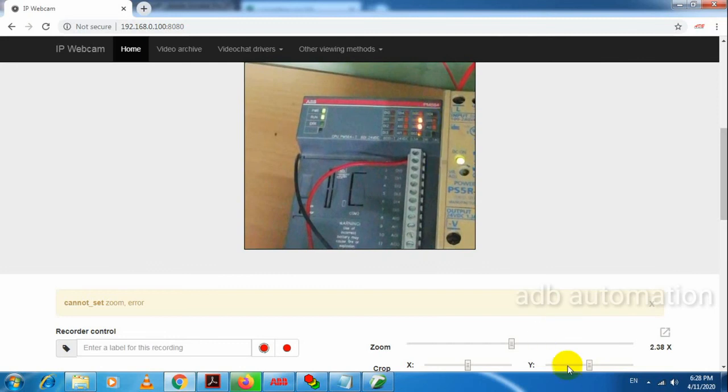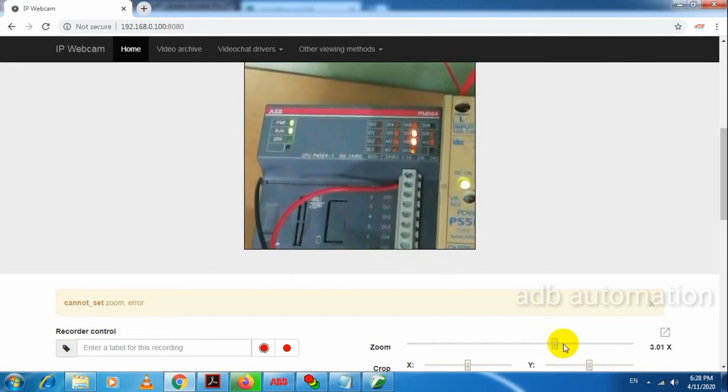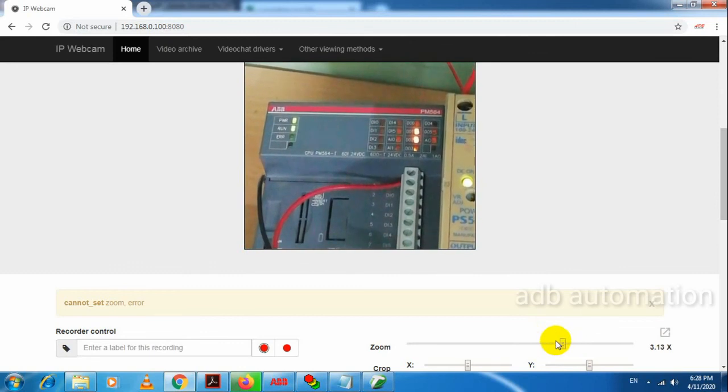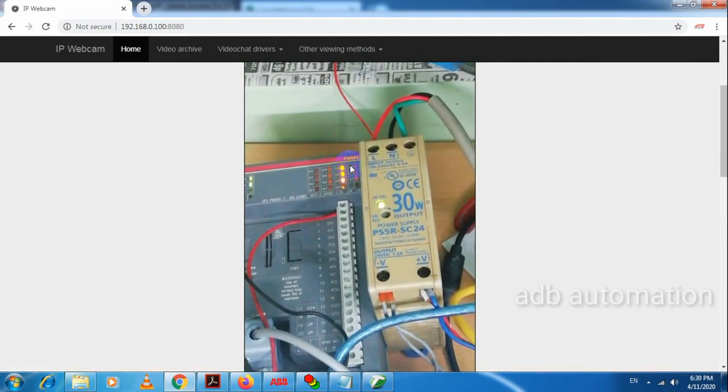Okay, we received. Next I will switch on digital output 0. So I received output here. Now all the outputs are on now. See, digital output 0, digital output 1 and digital output 2 are on now.